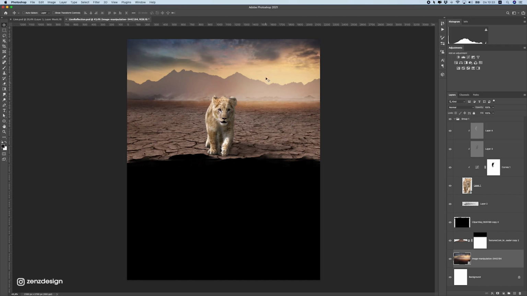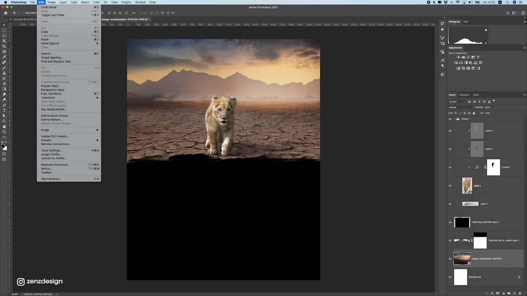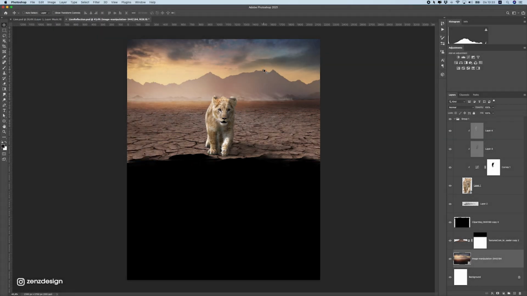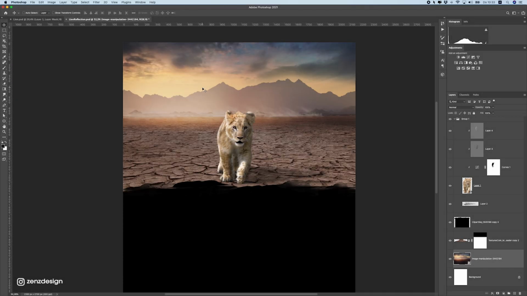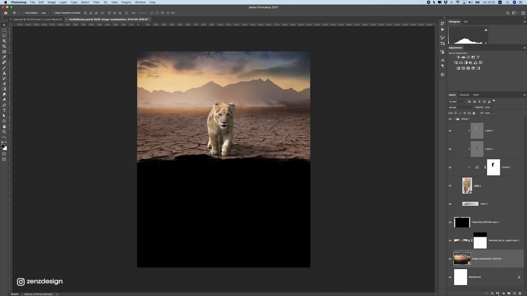Only thing we need to change here is, you can see here the lighting is coming from that side. So what I'm going to do is go to edit, transform, and flip this horizontal. So we have the lighting on there, because we made shadows on this side, and this looks a lot better already. Right, so this is really easy to do, and we can even make it a bit lighter.